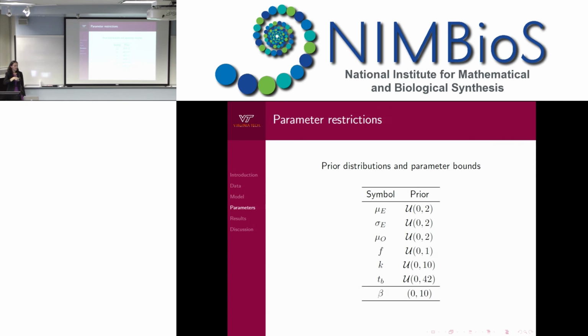Beta comes up as the average time, or 1 over beta is going to be our transition rate between compartments. And so that doesn't come up in our MCMC, which is why it's not in a uniform,